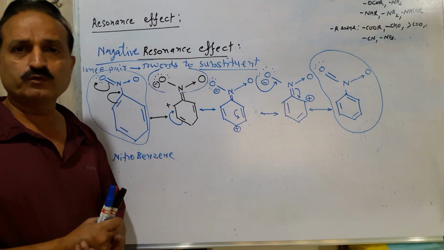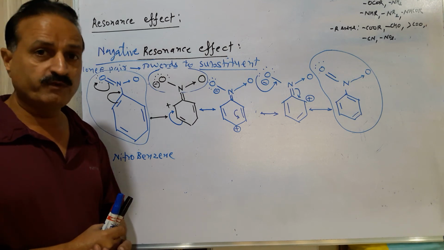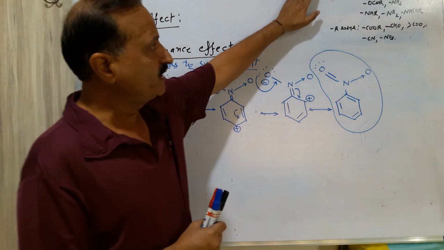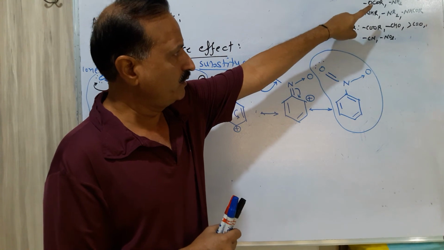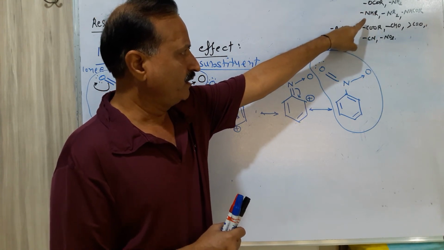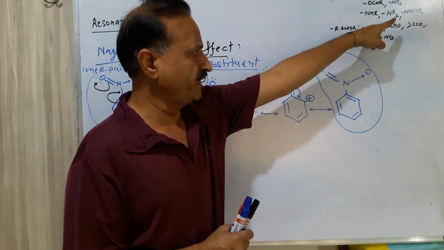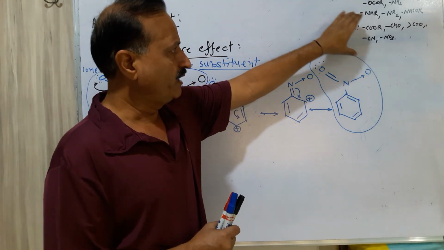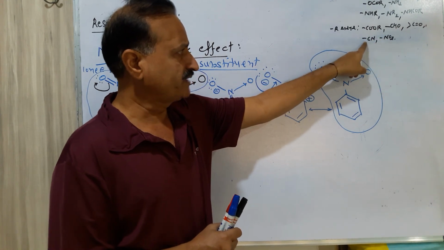Try to draw this structure 2-3 times. Send me homework without fail. There are some functional groups which have a positive effect: halogen, alcohol, ether, acetyl chloride, amine, primary amine, secondary amine, tertiary amine. Amide are positive resonance effect functional groups. Negative resonance effect functional groups: ester, aldehyde, ketone, cyanide and nitro.